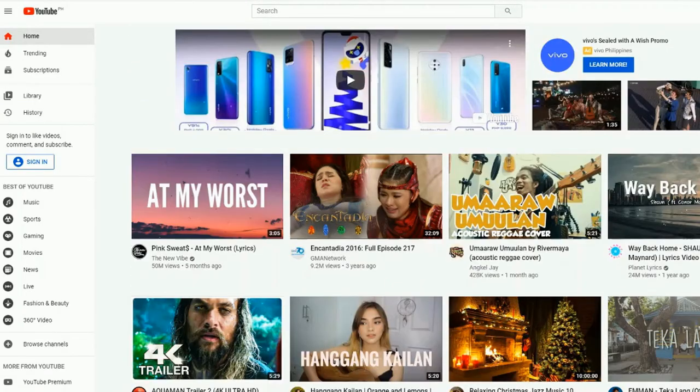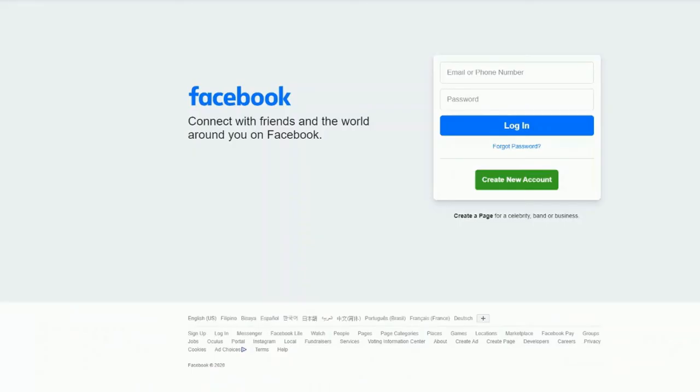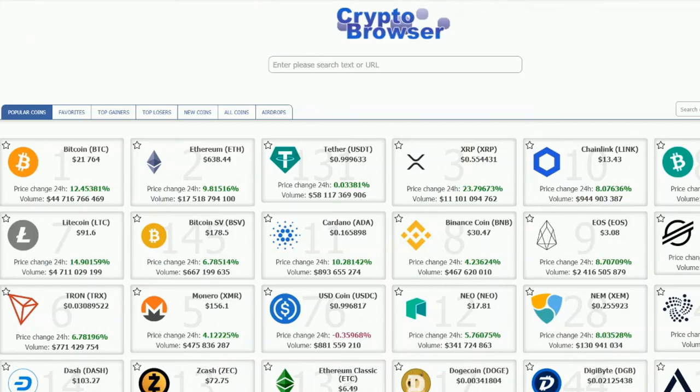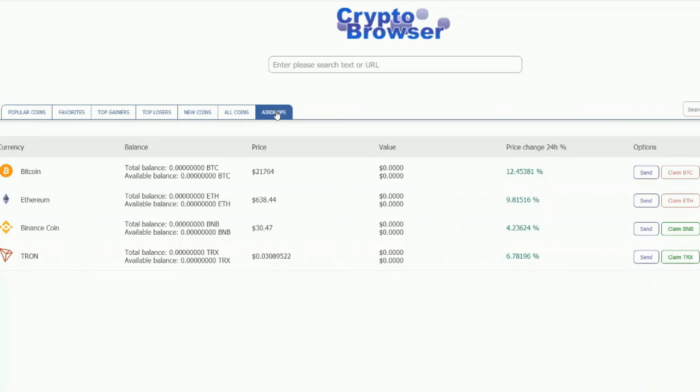And you can also sign in. If you sign in to your Gmail, you can open virtually anything in Google. Okay, so once you start browsing, you'll be making coins or making money that you can withdraw. So if you want to earn some Trons, you want to earn Binance, you can download the browser and start using it. So whatever amount of money you make, you will see it here under airdrops and you can withdraw. So by just opening those sites, this is what I have earned in Binance and Tron.